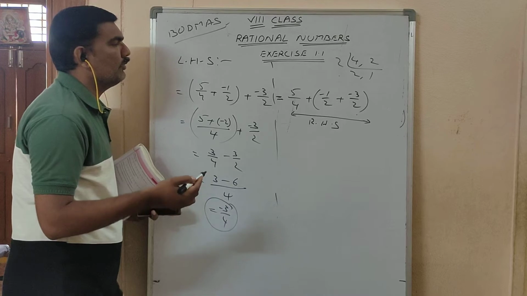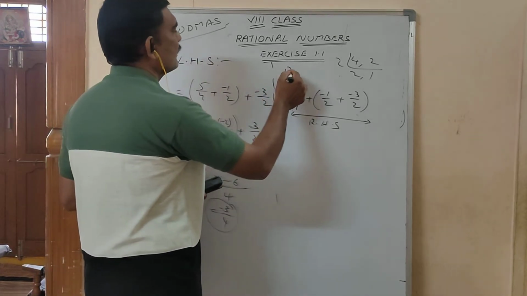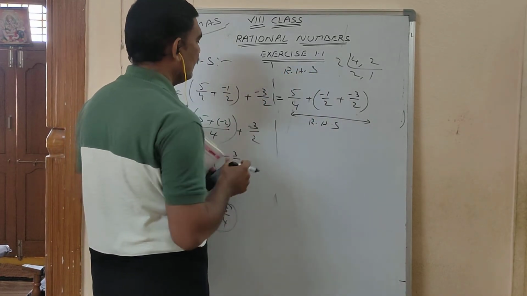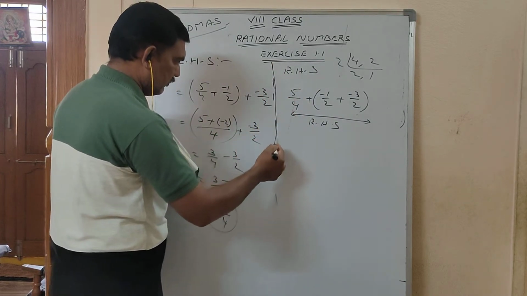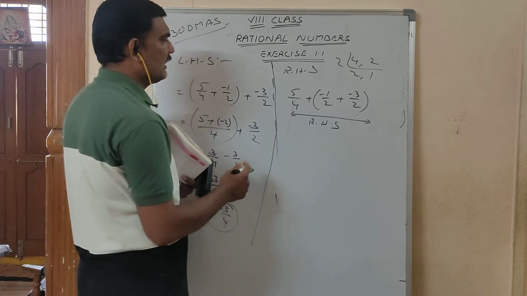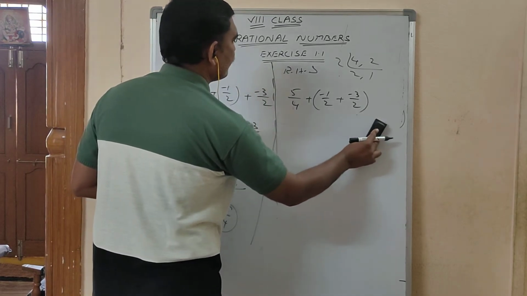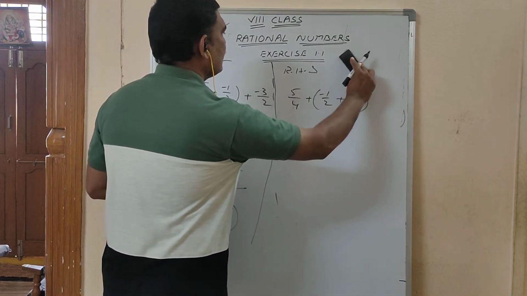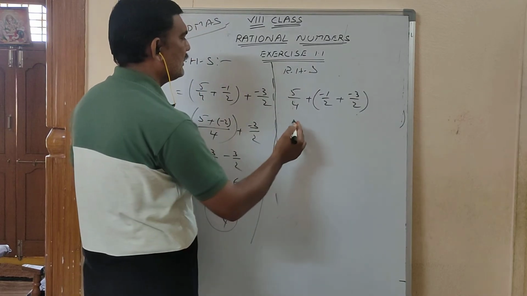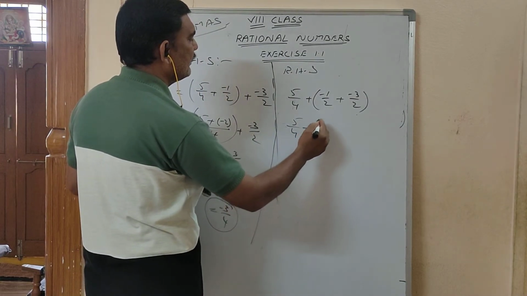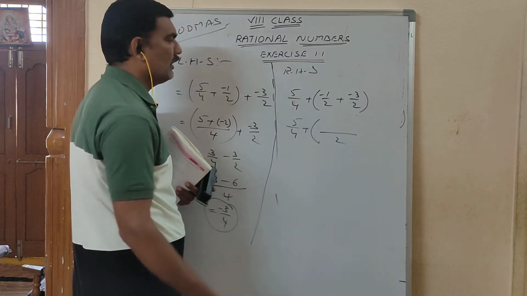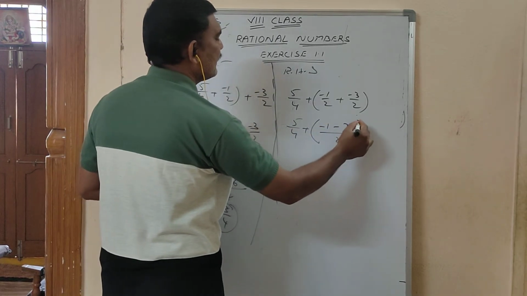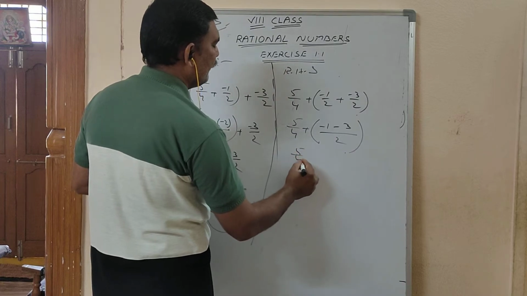Next, what do you have to do? You have to take RHS, right hand side. You have to solve RHS separately. As I said, first you have to simplify within the brackets. These are 2 like fractions, LCM is 2 only, minus 1 minus 3 will come here, 5 by 4 same,